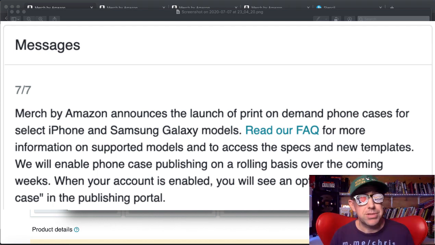This is something that Merch by Amazon has been working on for a long time. I've seen it on some of their partnered accounts. I even had one here that I used on my phone for a long time that I absolutely loved. I've been waiting for this day, waiting for this announcement when everybody can upload phone case designs to Merch by